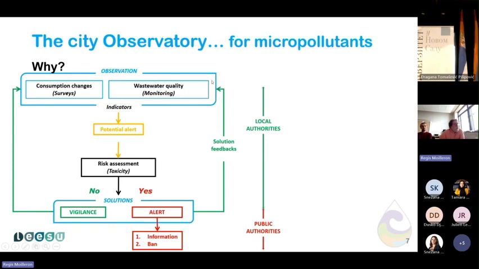It also helps to monitor the wastewater quality based on properly chosen indicators. And the idea of combining the two approaches, consumption changes and wastewater quality monitoring, is to identify indicators that could help to launch a potential alert. In this case, this alert must be accompanied by a risk assessment to determine whether or not solutions need to